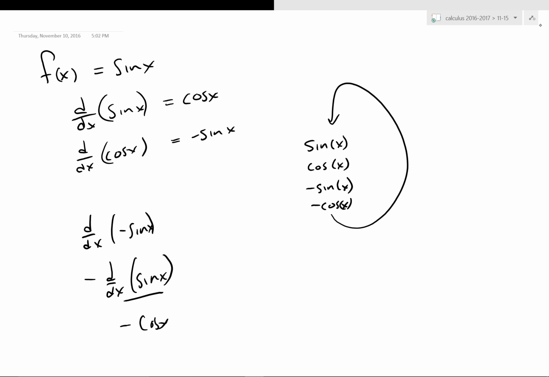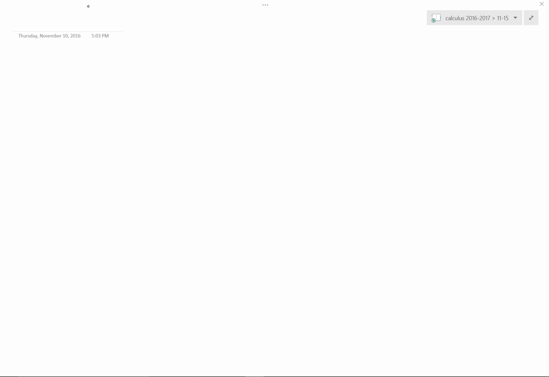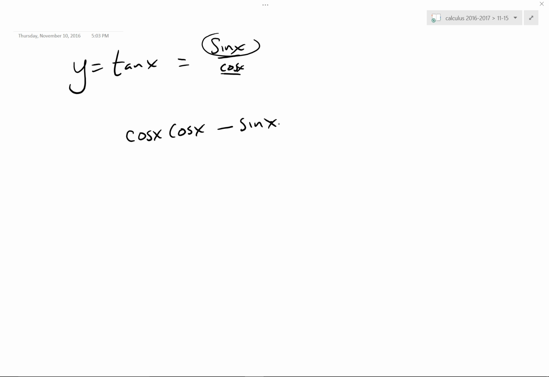Okay? Now, I think we mentioned those before, so I'm not going to spend a great deal of time on them. How about tangent? So if you have y is tangent of x, well then the derivative, y prime, how am I going to find that? It feels like this is another way of saying sine over cosine. Wait a minute, if it's sine over cosine, I can use the quotient rule. So the derivative of the top, sine, is cosine, times cosine, minus the top, times the derivative of the bottom, which is minus sine, all over the bottom